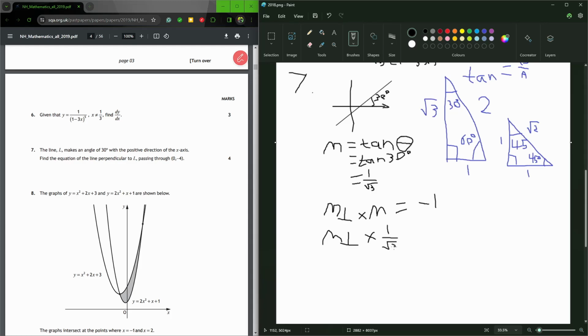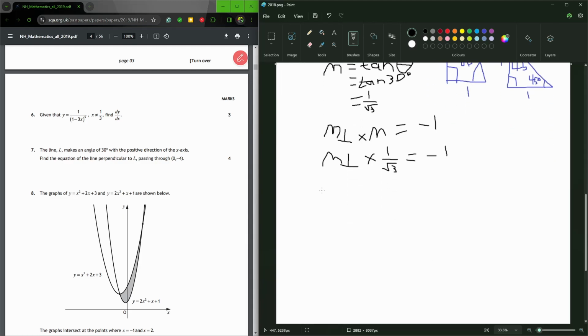Well, it's surprisingly simple. You just flip the fraction upside down and change the sign, right? So you end up with minus root 3 over 1,